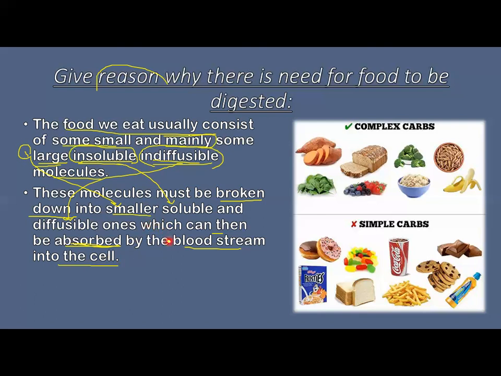It must be broken down. Why do you digest your food? Because it must be broken down into the smaller form, so that it can get into our bloodstream and then provide energy to us. Okay, now next is